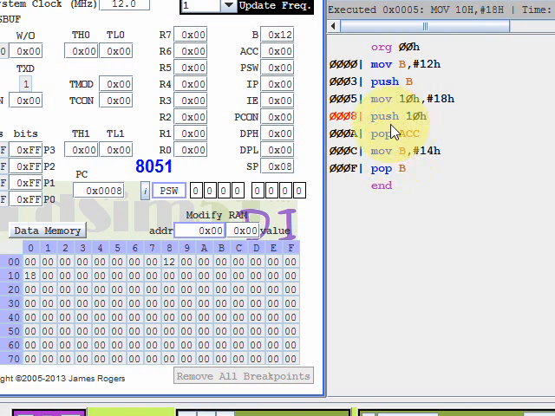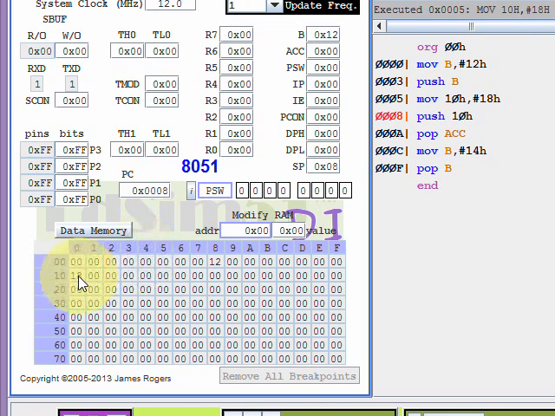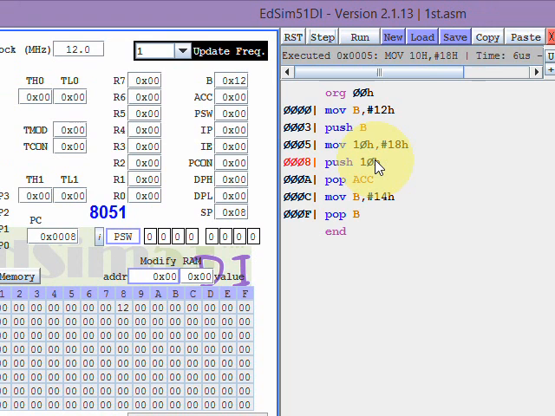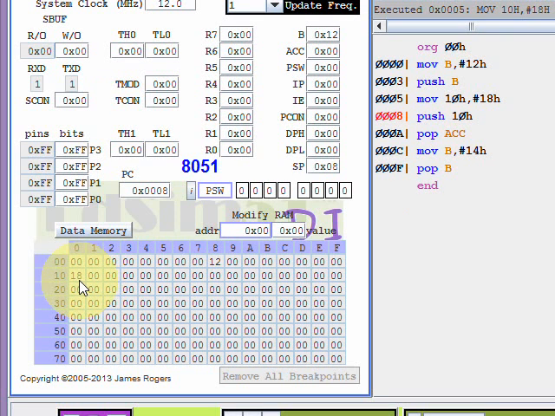Now push 10H will push the data from 10H to the stack's current location. This push B command incremented the stack's current location from 08 to 09. So now when I use push 10H, the data 18 will be copied into this 09.